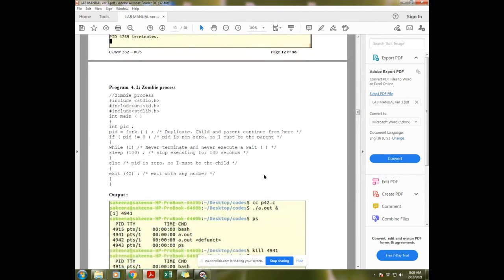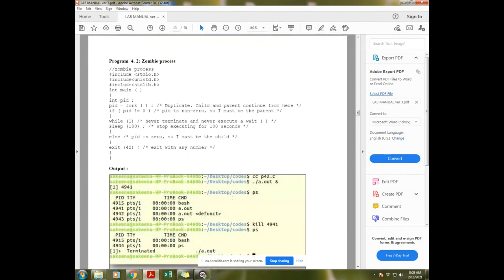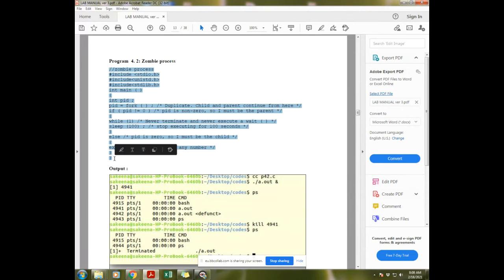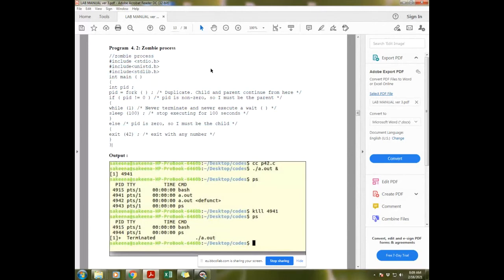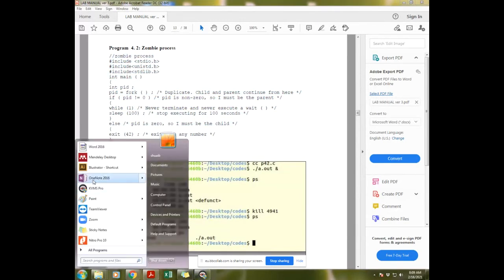Okay, so what you are doing here, you write this program. When you write this program, it is saved in the computer. And with ps, this program starts from 4941 and ends at 4943. Wait, this is very important. I will explain with the help of this.